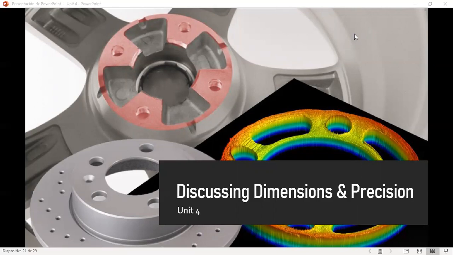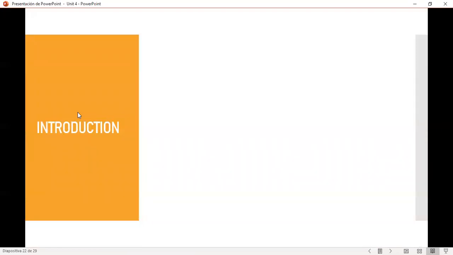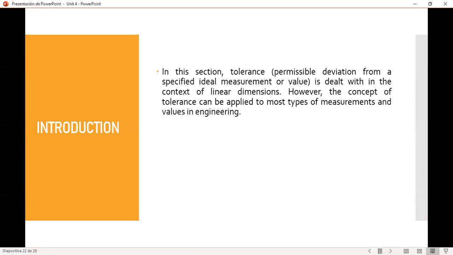So, to start talking about discussing dimensions and precision. Something that you should know, and I'm going to make a change in slide, is the next thing. When we talk about dimensions and precisions, during this section, we're going to talk a lot about something